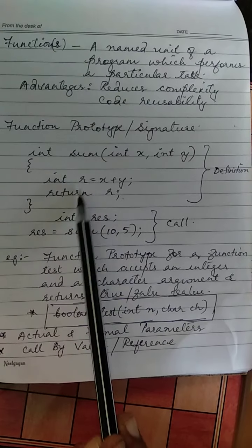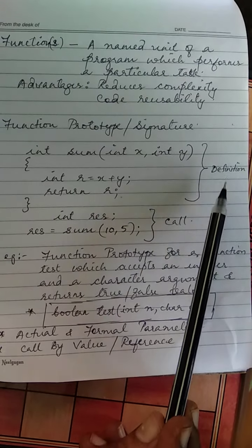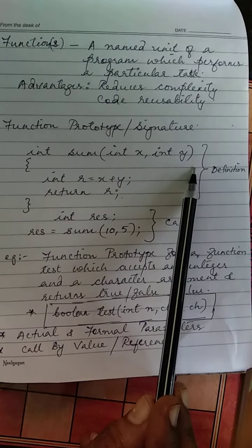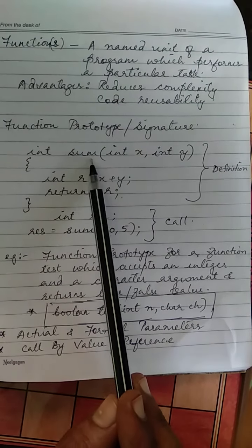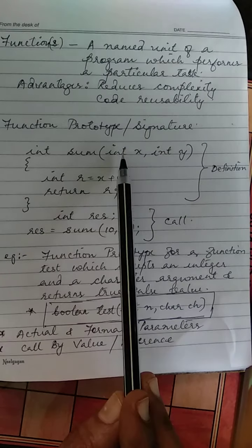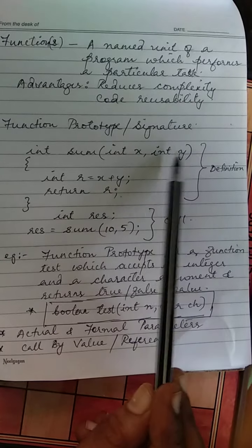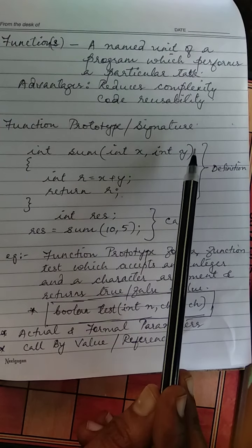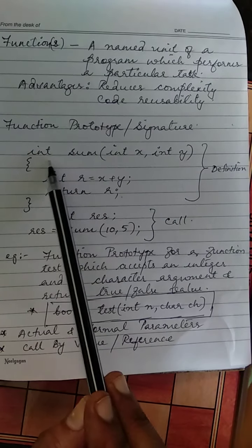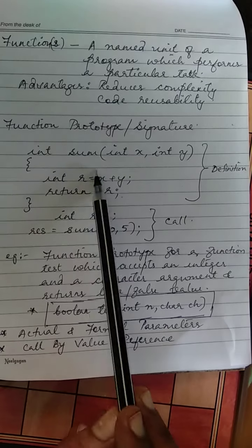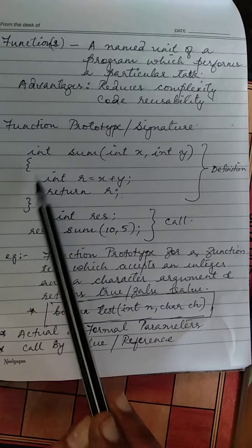And these two statements belong to the body of this function, and so this part is called as function definition. Function definition contains the function header and the statements inside the body of the function. In function definition, keep in mind in the argument list you have to write data type space variable name, comma, data type space variable name. Again, if more parameters are there, you can write comma data type space variable name. And the return type, if it is returning a value, that data type should be mentioned. Otherwise, if nothing is returned, you can simply write void, but return type is compulsory. So this forms the body of the function.